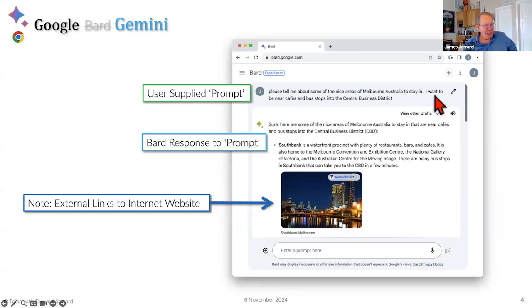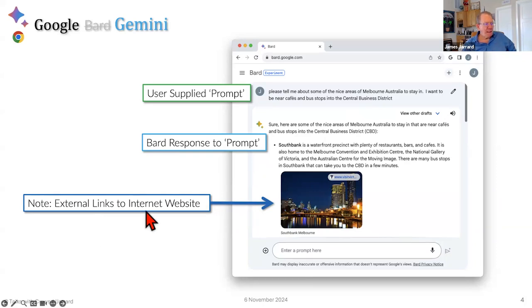User supplied prompt. You can edit the prompt up here with this. We're going to develop this in your mind. You're going to come to recognize this icon. Here's Gemini's response.